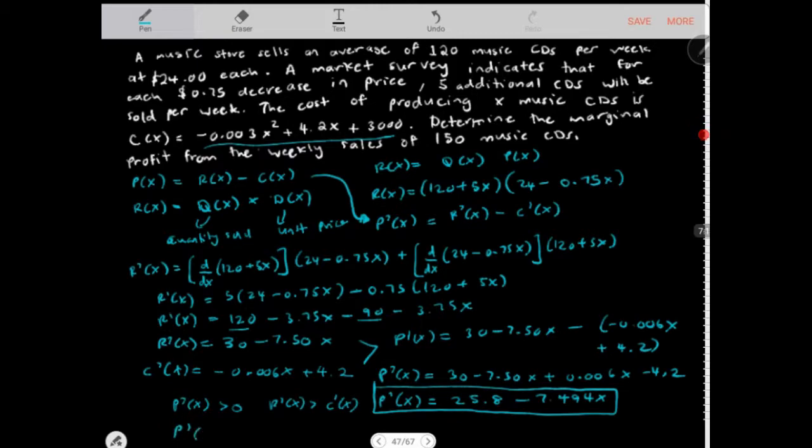If the marginal profit is less than 0, then the marginal revenue is less than the marginal cost. And if it's equal to 0, then the marginal revenue and marginal cost will be the same. Producers will produce until they reach this point, and beyond that point they'll stop producing. This is just to maximize